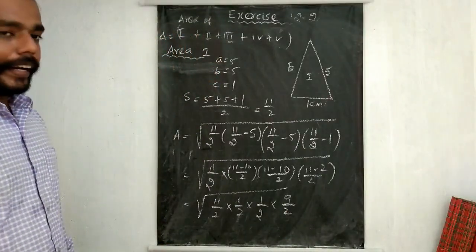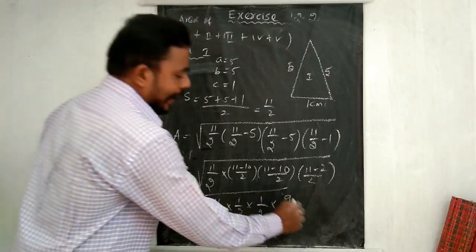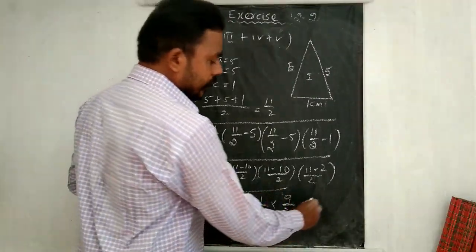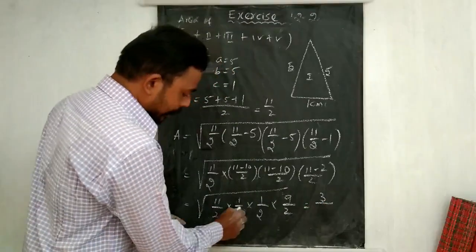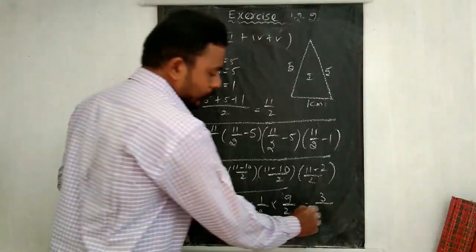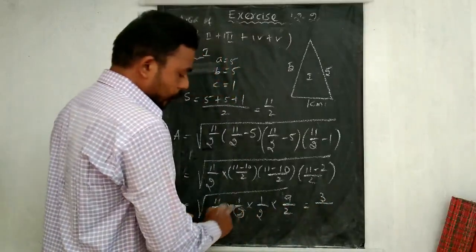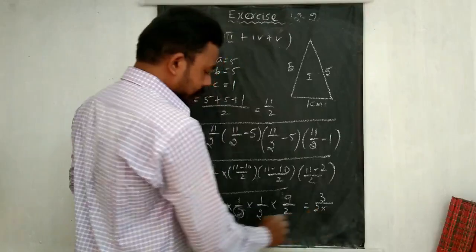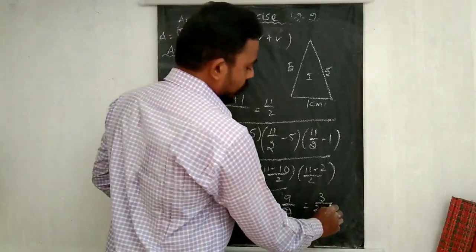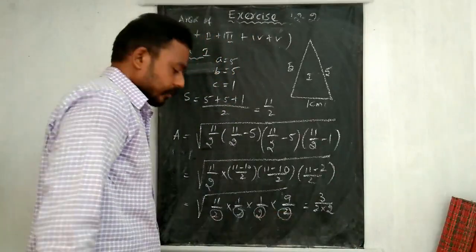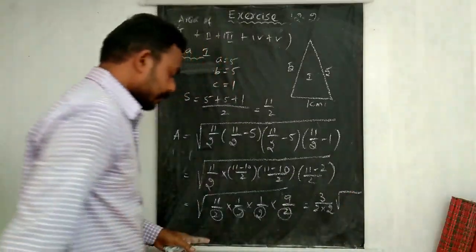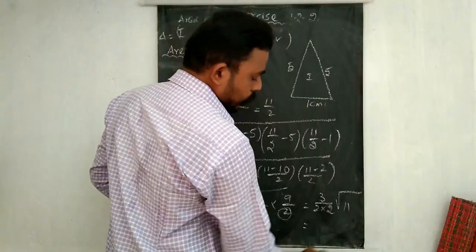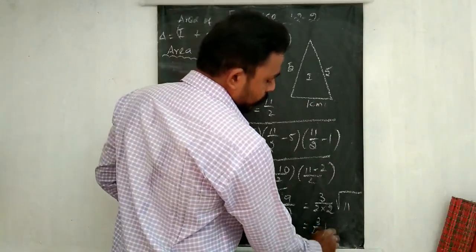Now you have numerator and denominator. You can split your 9 into 3 into 3. For your numerator, 11 is not possible, but here 3. In the denominator, this 2, I can write 1 by 2, and from this another 1 by 2, that is divided by 2. So the remaining is root of 11, that's all. So here 3 by 4 into root 11.